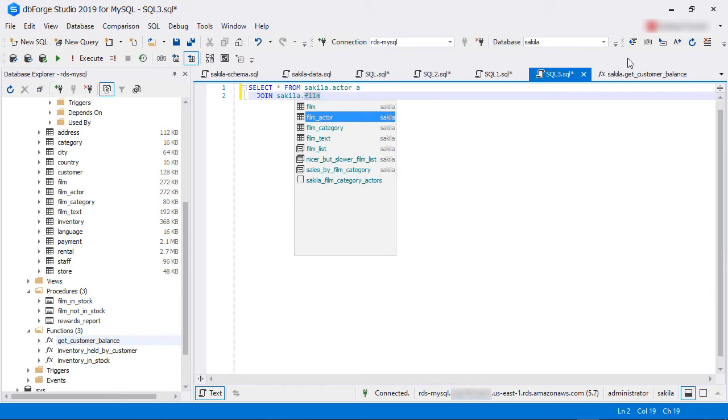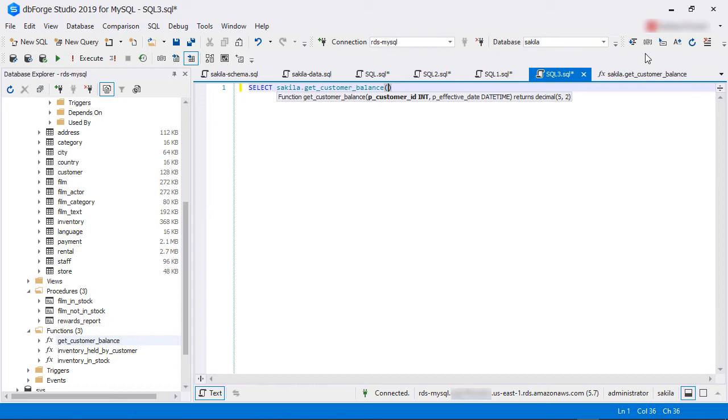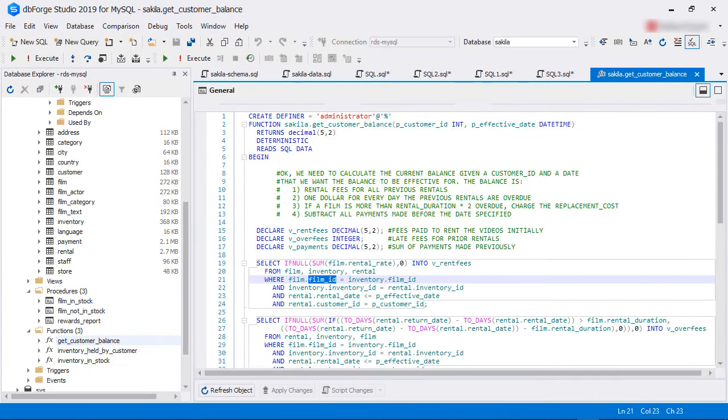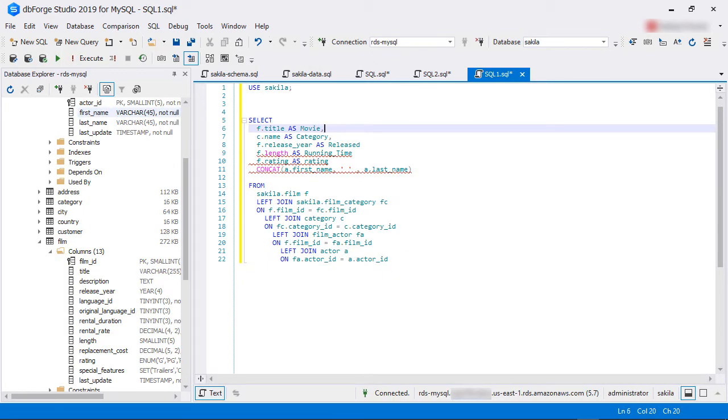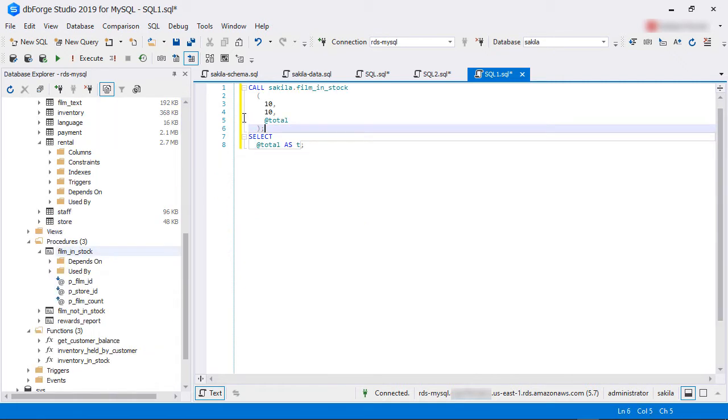The editor will show keyword or object suggestions, parameter information for stored procedures or functions, and highlight all occurrences of an object identifier when you highlight it. Even if you make mistakes when writing code, dbForge Studio's advanced syntax checker will spot errors and validate them immediately. The syntax checker runs in the background and scans the code you are typing. It highlights the problematic area with a red wavy underline when there is a mistake, much like a spell checker.